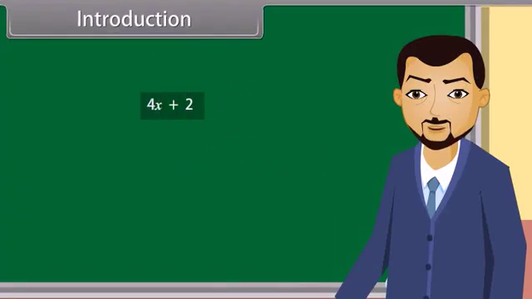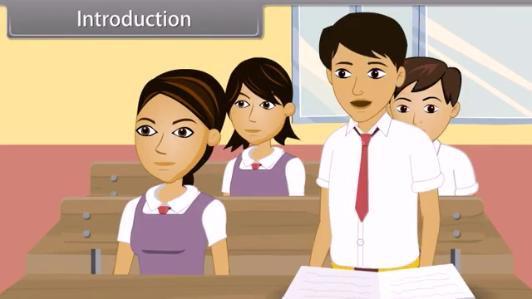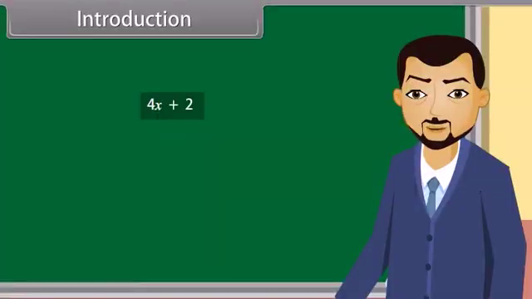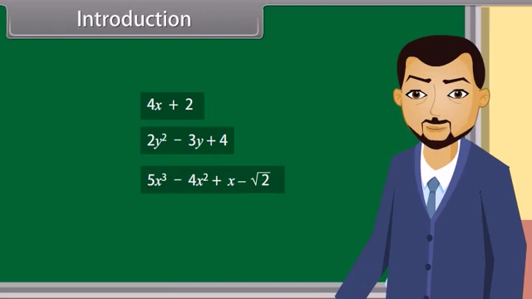Students, look at this polynomial. What can you say about this? This is a polynomial in the variable x of degree... You're right. Similarly, 2y square minus 3y plus 4 is a polynomial in the variable y of degree 2. And 5x cube minus 4x square plus x minus square root 2 is a polynomial in the variable x of